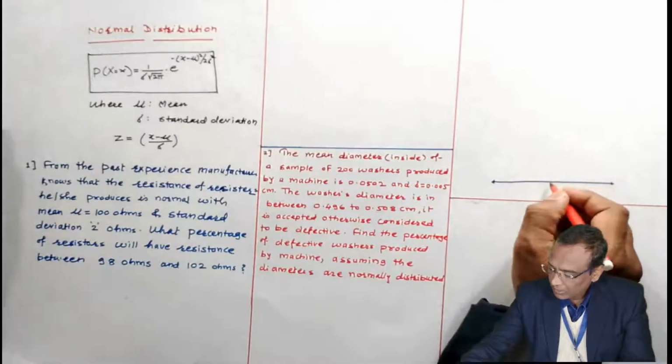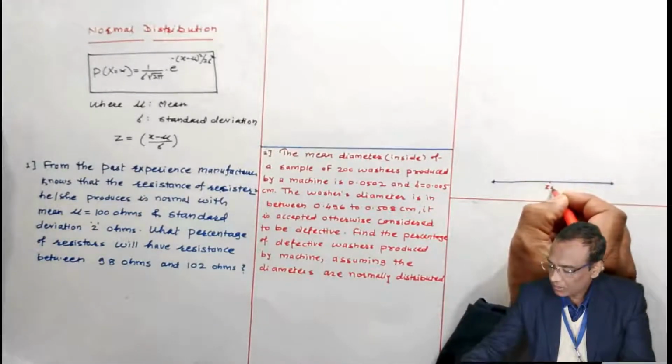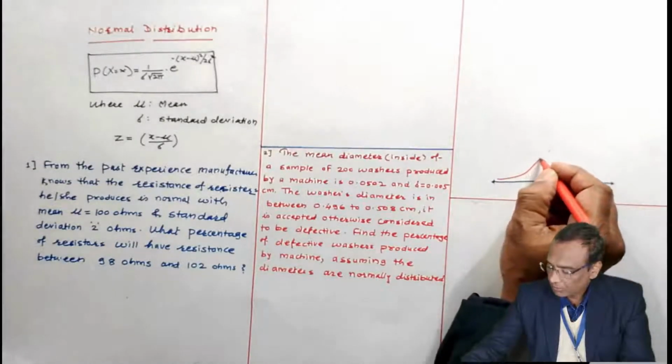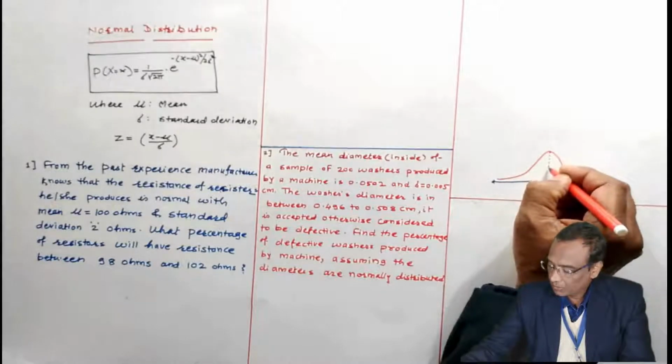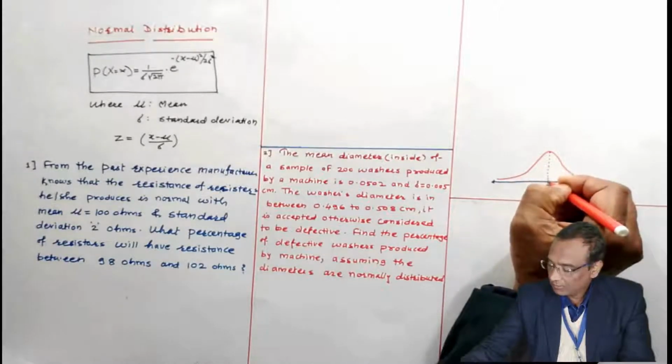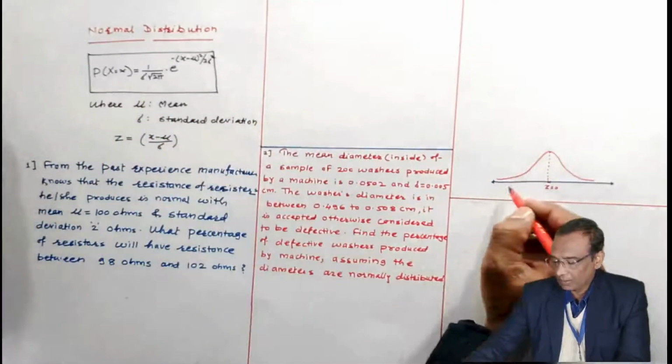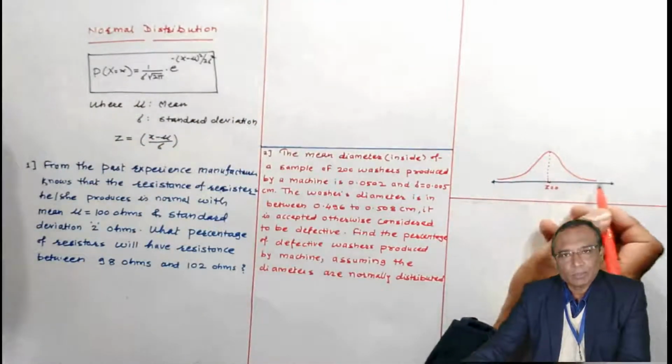This point is z equal to 0, meaning the mean occurs at this point, and this is the peak of the curve. This is the normal curve. The area under the normal curve is 1, and we associate it with total probability being 1. The given random variable, we have to map with z. Z occurs on this blue line, this horizontal line.